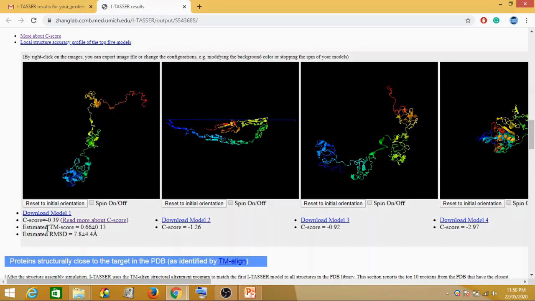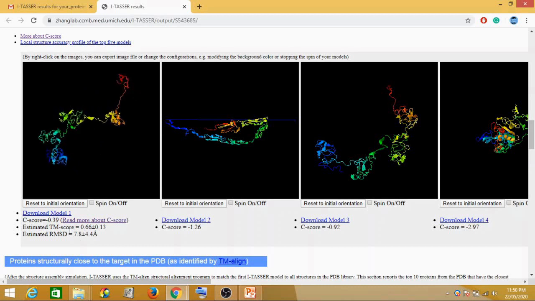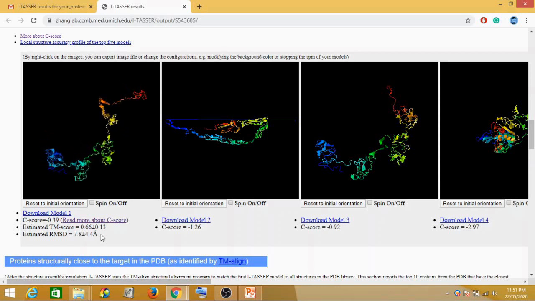Now the second one, if you can see here, the score which is of importance is your TM score. All right, so what exactly is the TM score? A TM score is basically for measuring structural similarity between the structures. The purpose of the TM score is to solve the problem of the RMSD, which is sensitive to the local